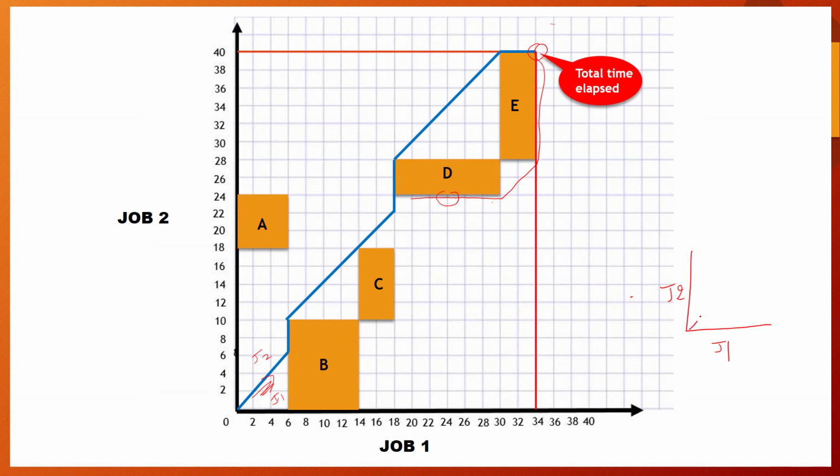So the path comes something like this. Here will be some machines and here will be some machines. Whatever the machines which are above the line, above the path, on these machines job 1 will be processed first, and the machines which are below the line,